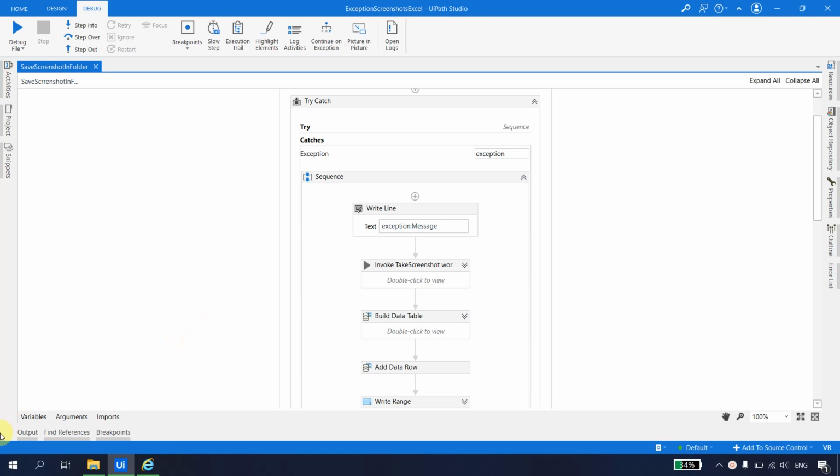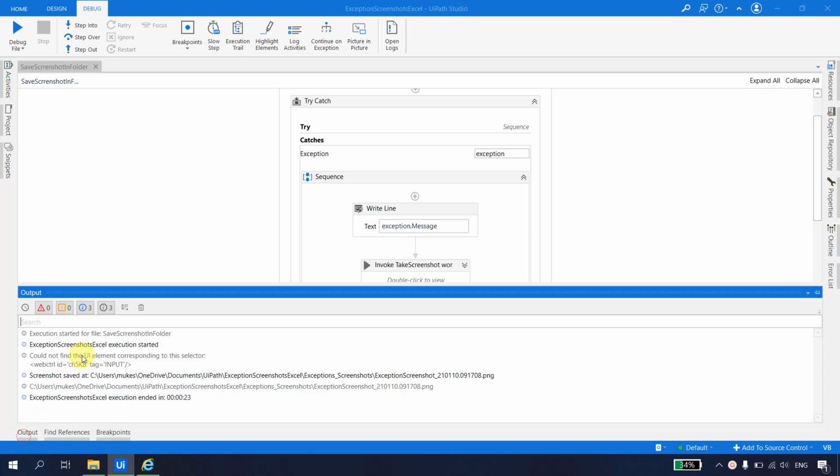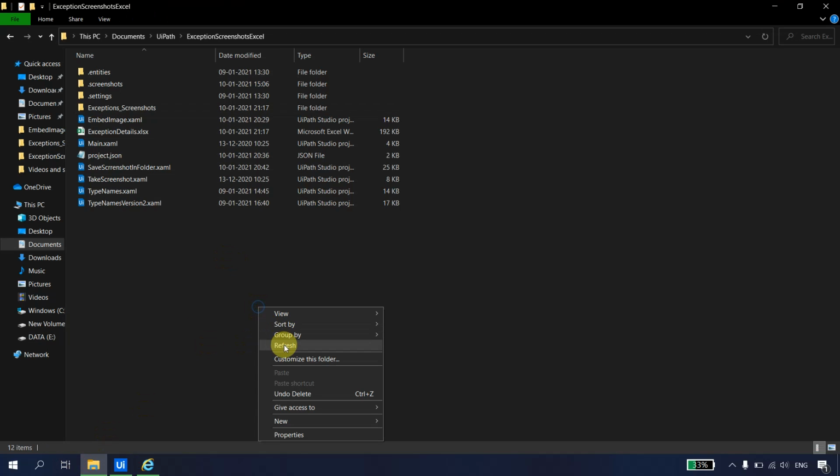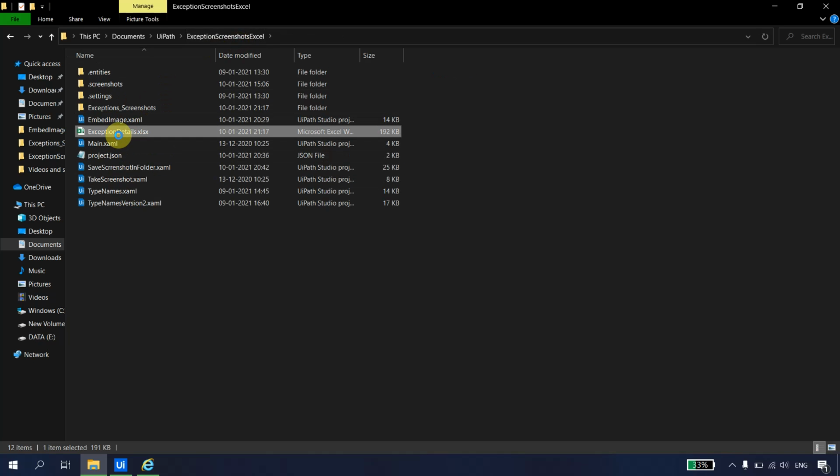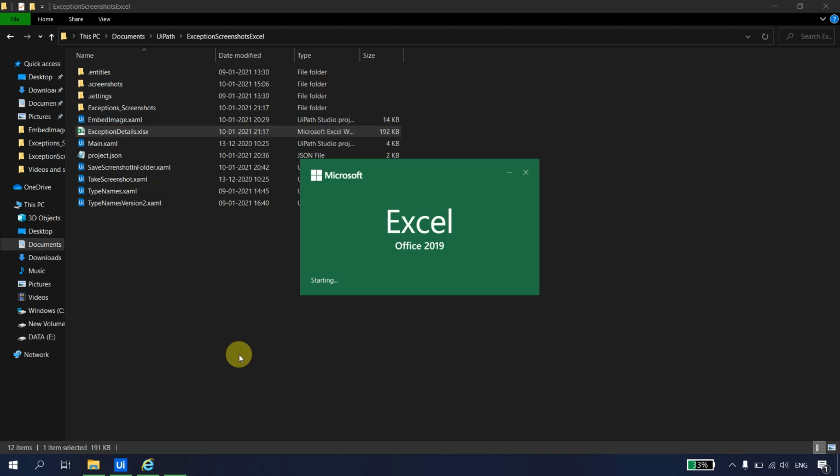Okay, let's go back to the output. Okay, and see, this was the error. The screenshot was saved as this path, and this is the PNG path. Okay, let's go back to the folder, refresh everything. So in the exception screenshot, I see this is a screenshot of the exception being captured. Now if I go back to the exception details,